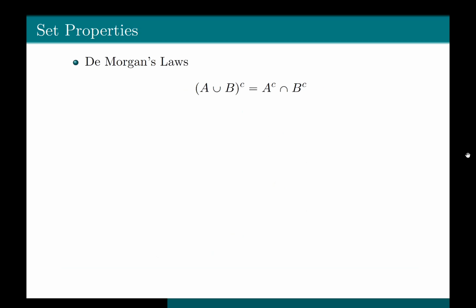Okay, De Morgan's laws. De Morgan's law is that if you take the union of two sets A and B and take its complement, it is equal to A complement intersection B complement. Now, to follow the proof, what do we do? We do the same trick. If we have to prove equality, it means we have to prove that one set is a subset of the other and the other one is a subset of the first one. And how do we prove subset? We take an element in the first set and we prove that it is an element of the second set as well. So we start by taking X belongs to (A union B) whole complement,